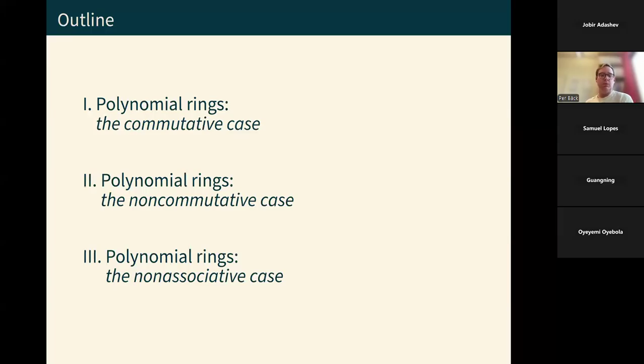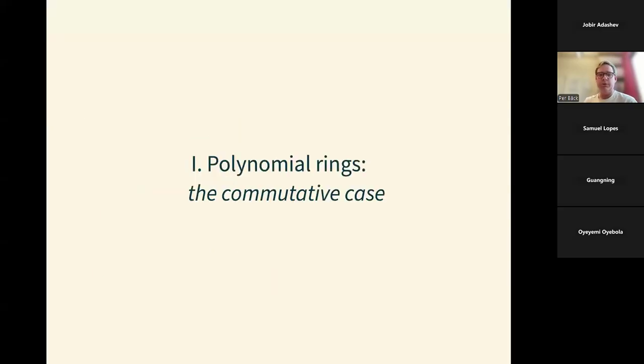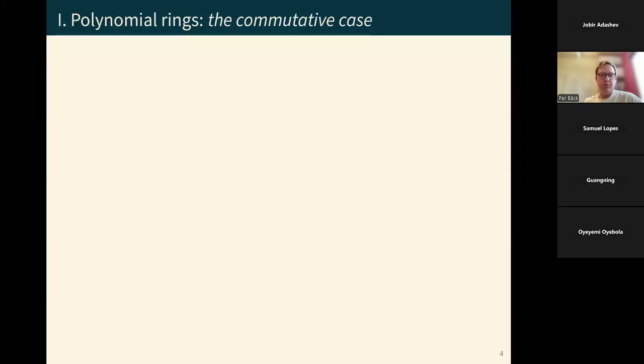This is the outline, so I will keep it very basic, I think. I will go through the background quite roughly. I will first speak about this commutative case, which I think you all know about. And then we will get into this non-commutative case, which maybe not all of you have heard about, and then in the end, we will also get into this non-associative case, which I hope not so many of you have heard about. All right, so let's start off then with the classical case, some warm-up.